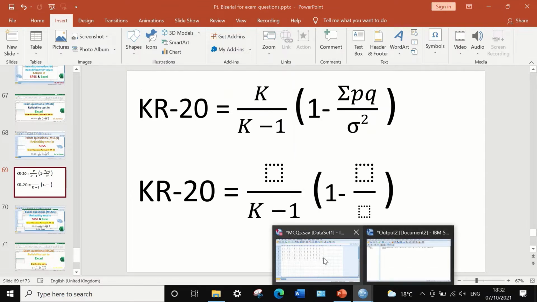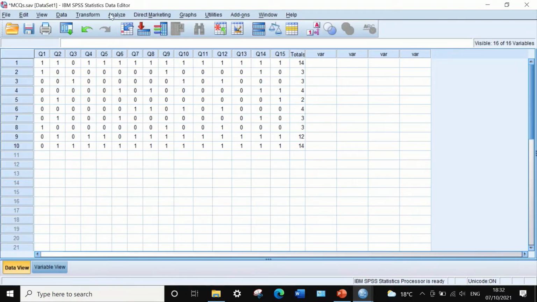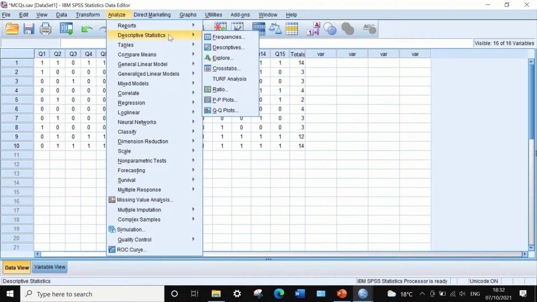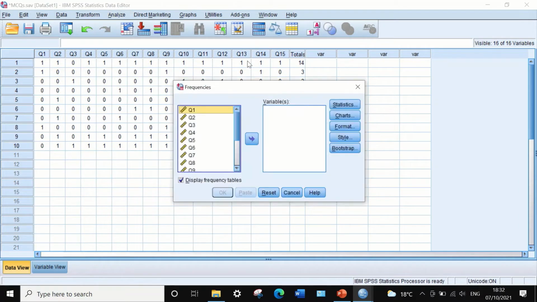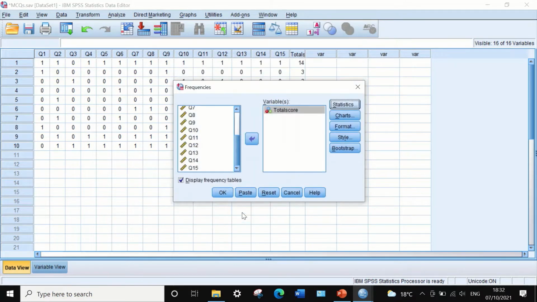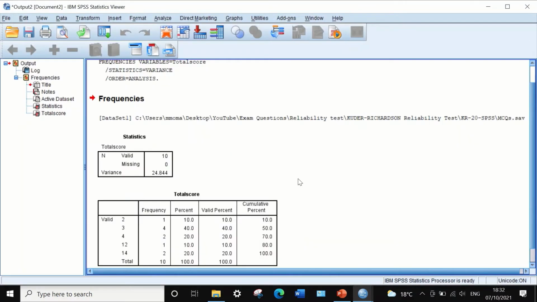To do that, click on Analyze, then scroll to Descriptive Statistics, Frequencies, and we're going to move the total score to the Variables box. In Statistics, we select the variance in this square here, to get the variance for this data. And if you click on Continue and then OK,